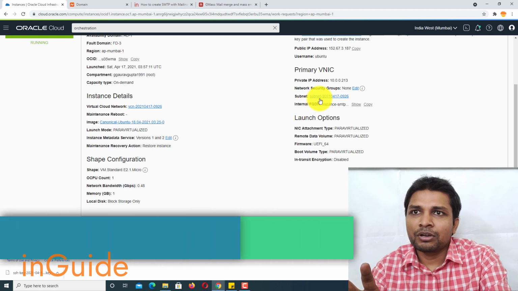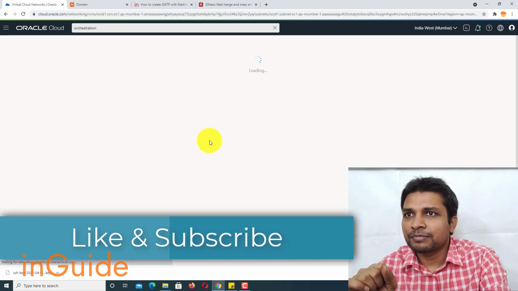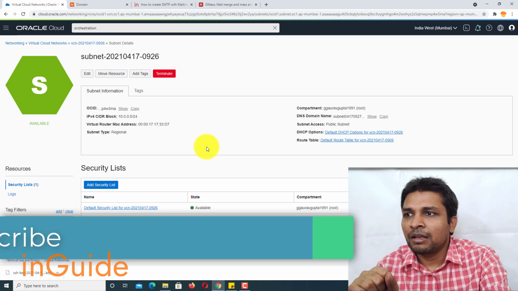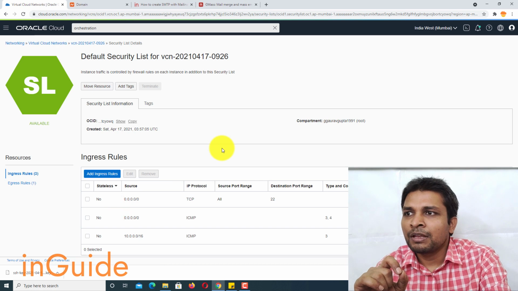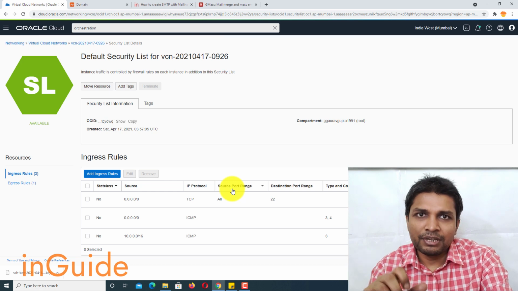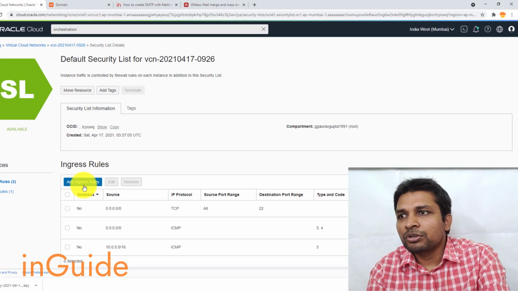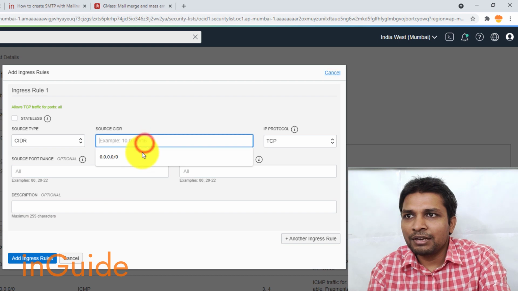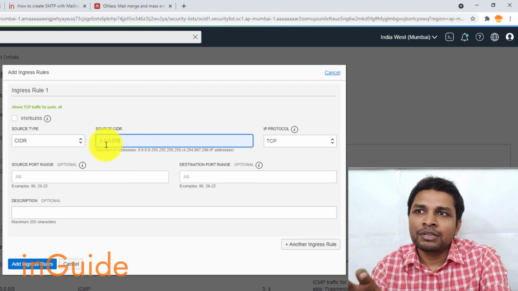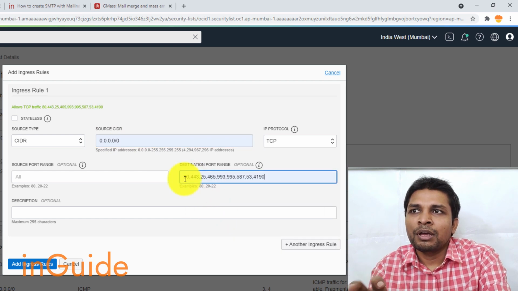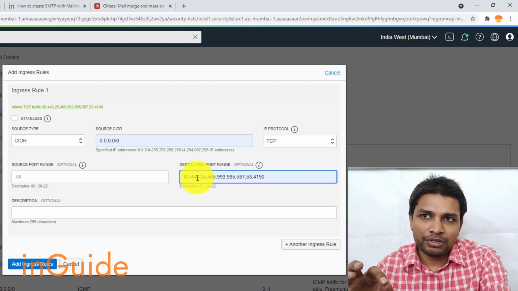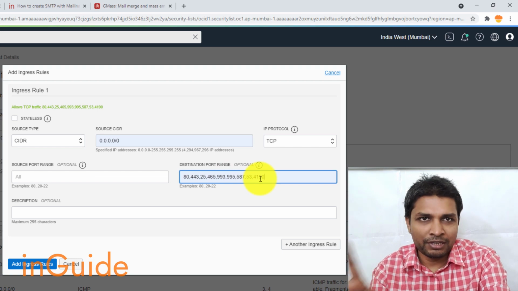So let's go to the subnet here, and in the subnet you will find the default security list for the VCN. Click on that, and here you can see all the ingress rules. Ingress means incoming traffic. So click on add ingress rule, and here the source CIDR should be this one, and after that you have to enter all these ports: 80, 443, 25, 465, 993, 995, 587, 53 and 4190